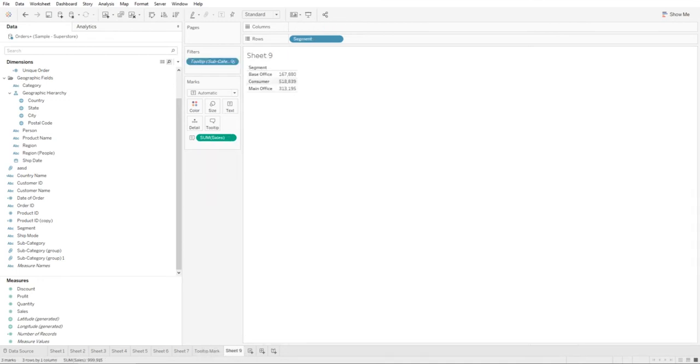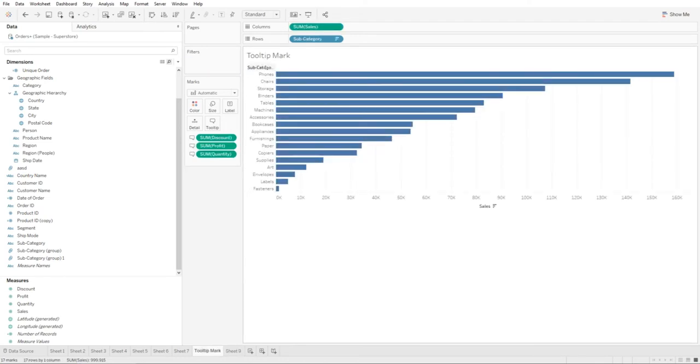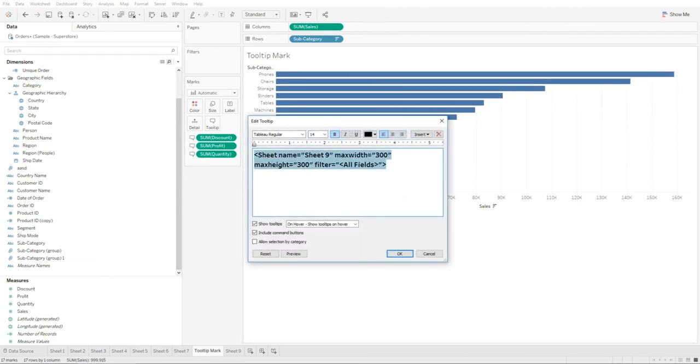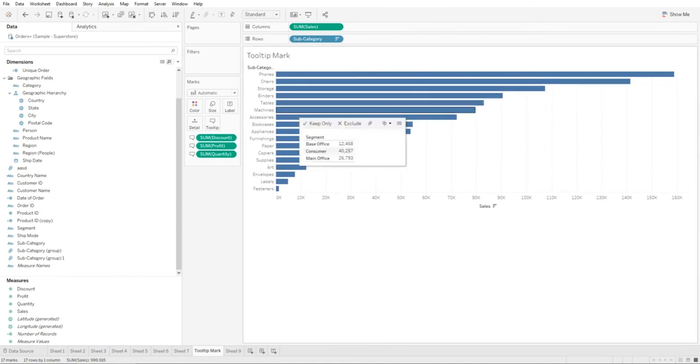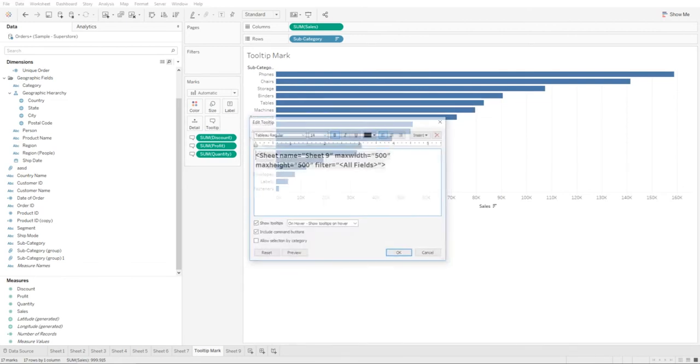As you can see in our sheet 9, this shows us overall sales, which for home office is 167,000. But when we hover over this, it shows us the sales data for this subcategory. And you can customize the width. You can increase the width, increase the height. Click on OK, and since we are working with a table right now, the height and the width has not